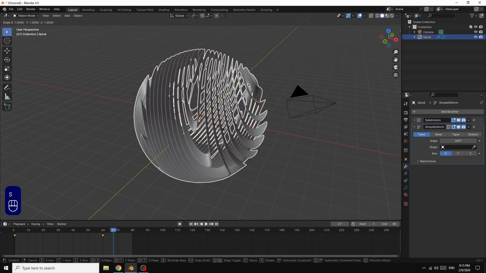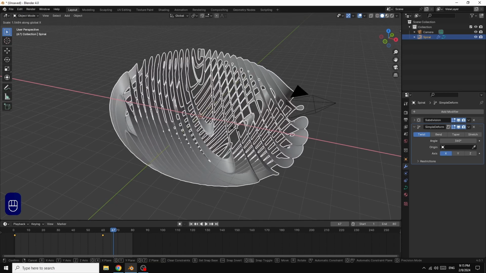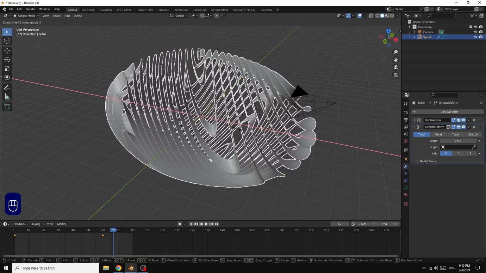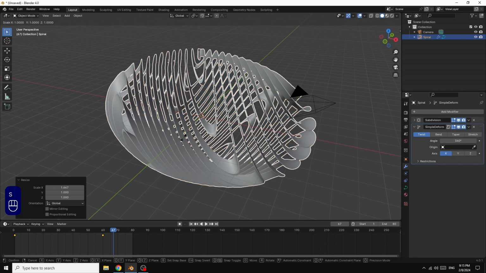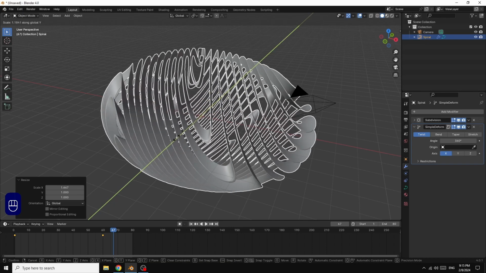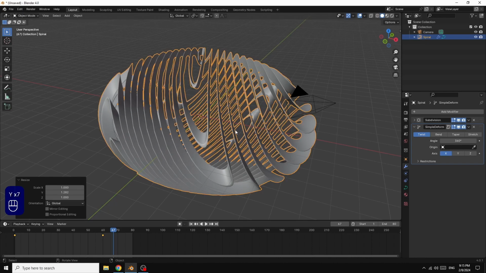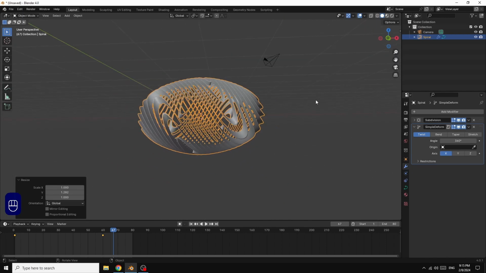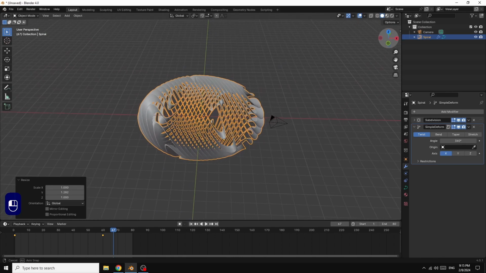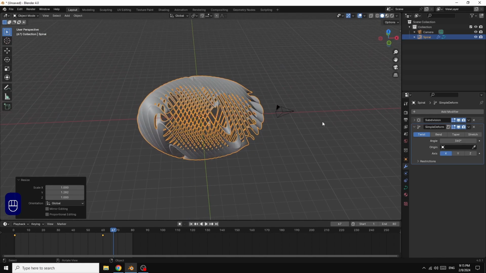S and X, and we make it like this. S and Y, and we change, now hit 0,